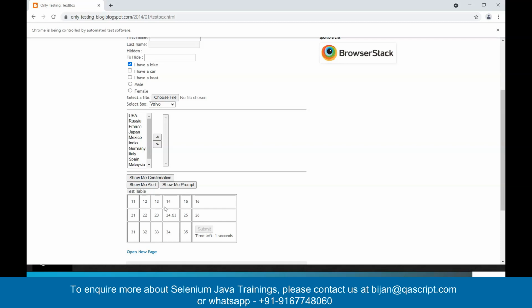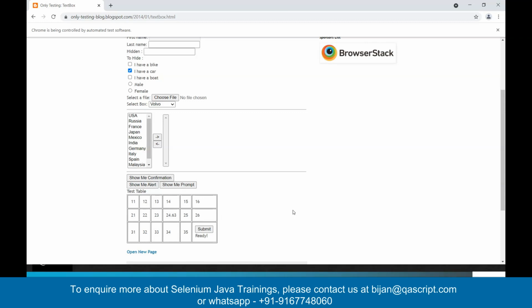So similarly, you can perform any operation on any particular element which is present inside this table, which is inside the rows and columns. So you need to identify which row and column you want to use and then use it. Now, say for example, if this element is changing in a dynamic table, it is changing the position of this particular element, basically the row and column, then in that kind of case,